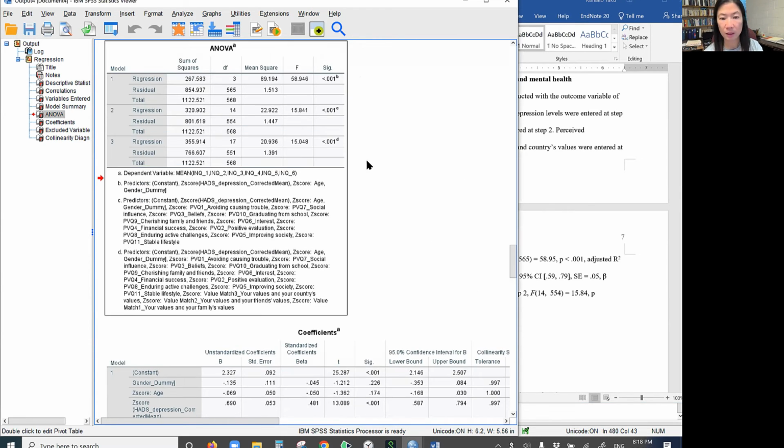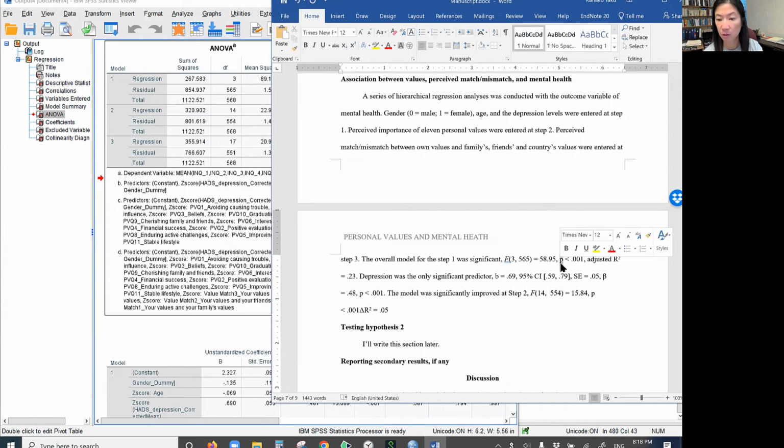Probability, yeah, less than 0.1%. Okay, there you go. F here, and then comma, I need a comma. Delta R squared 0.05. This difference was also significant. I think that's good.